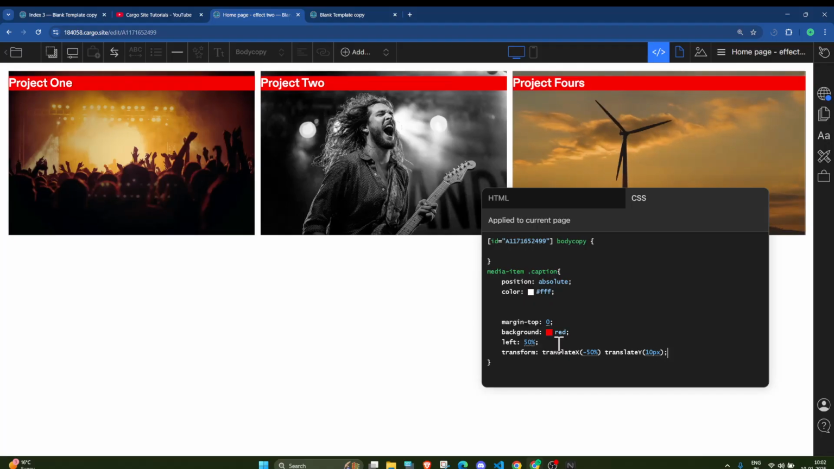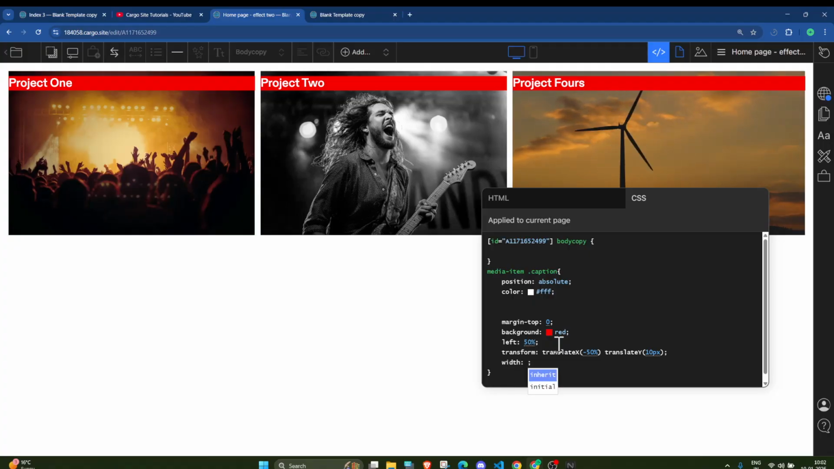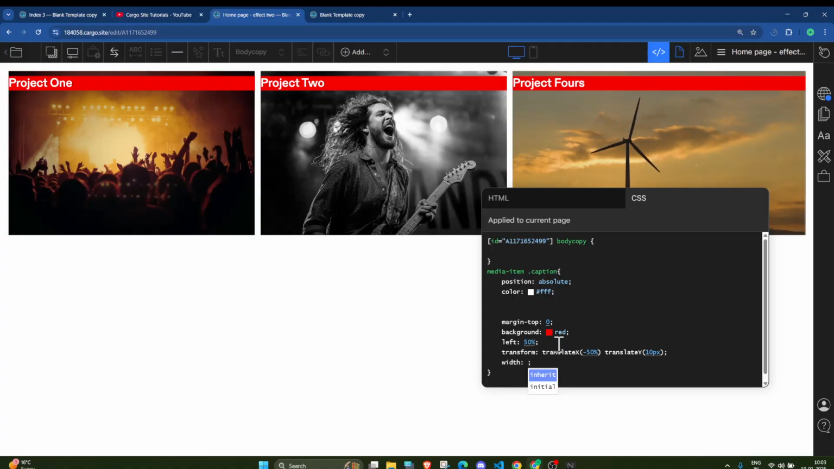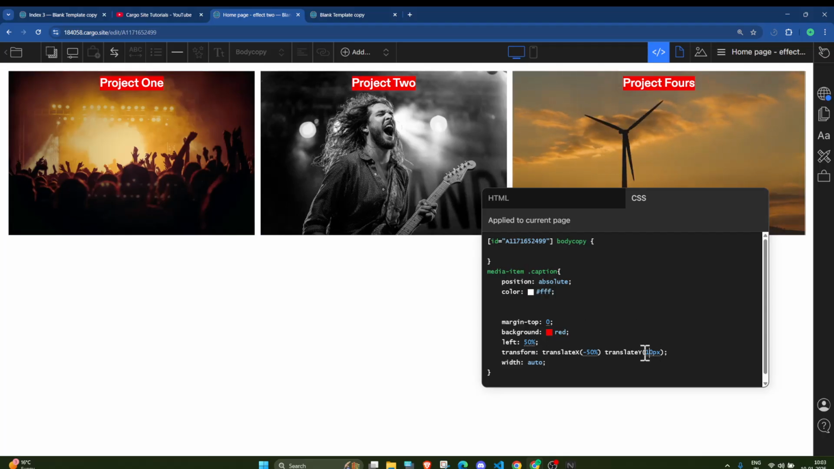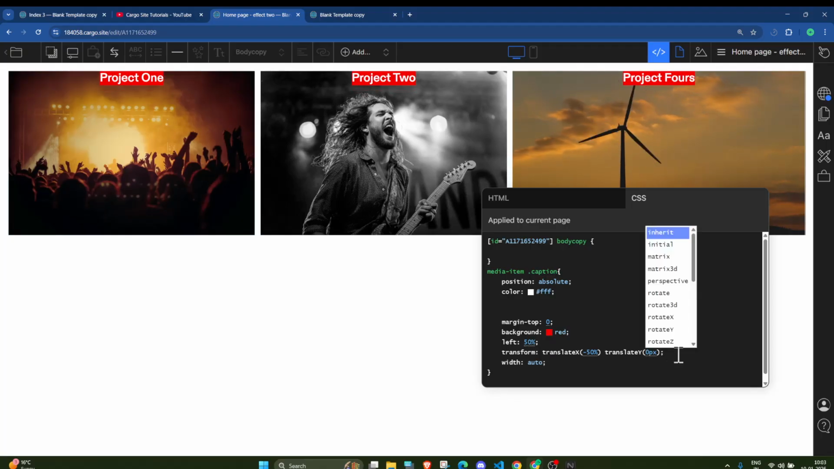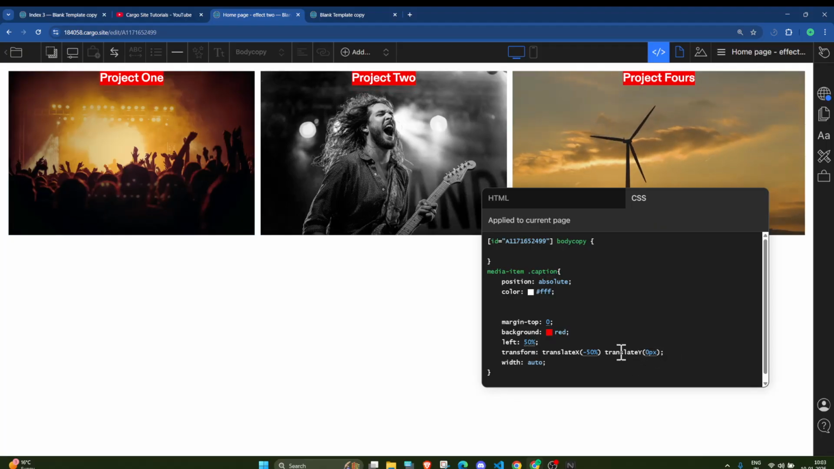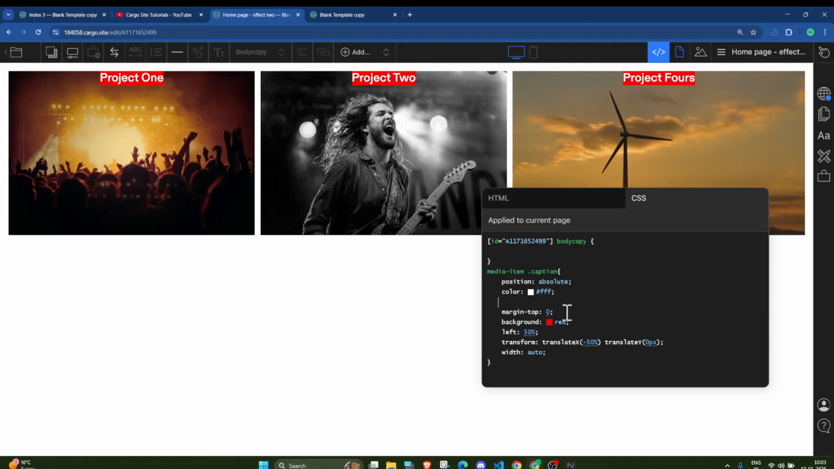Now what you need to do, you need to set the width. You need to set the width to be auto, something like this. So now we have the button like this, and I will make this translate y 0. And now let me see a few things. Okay,